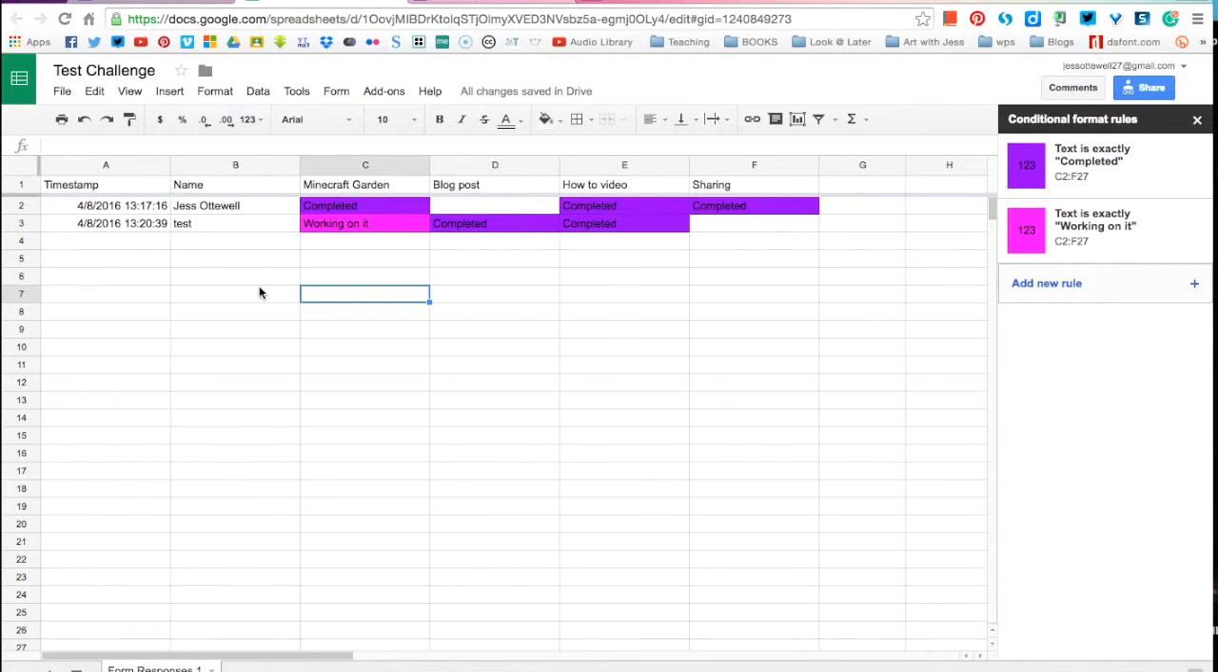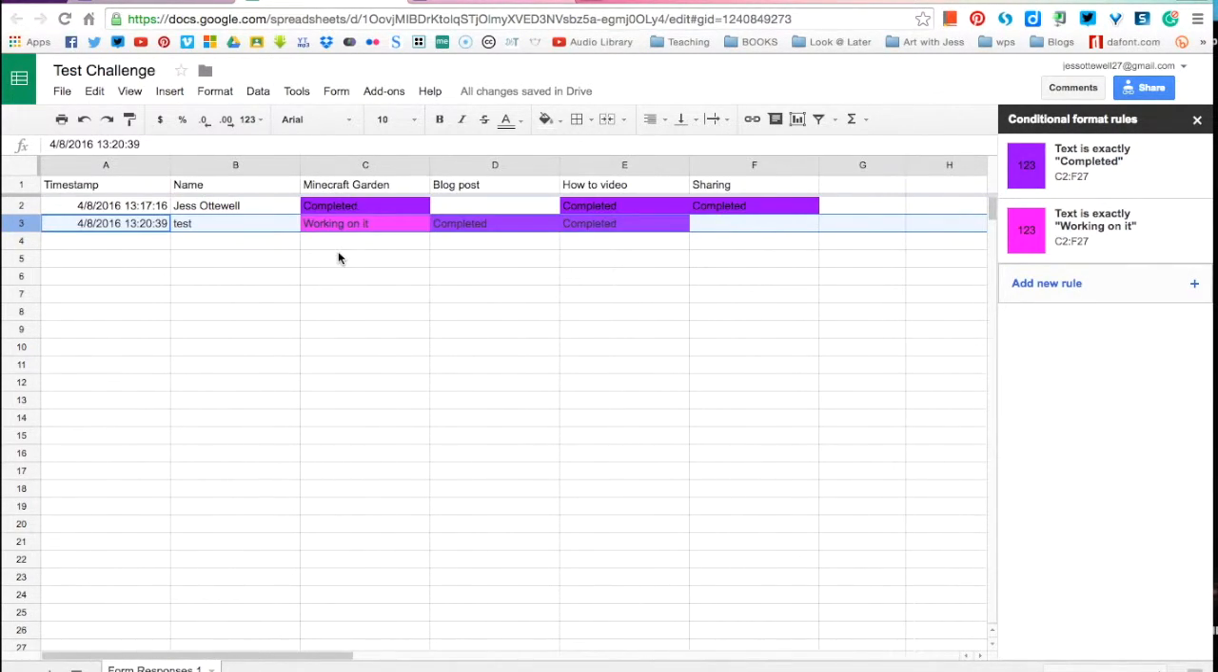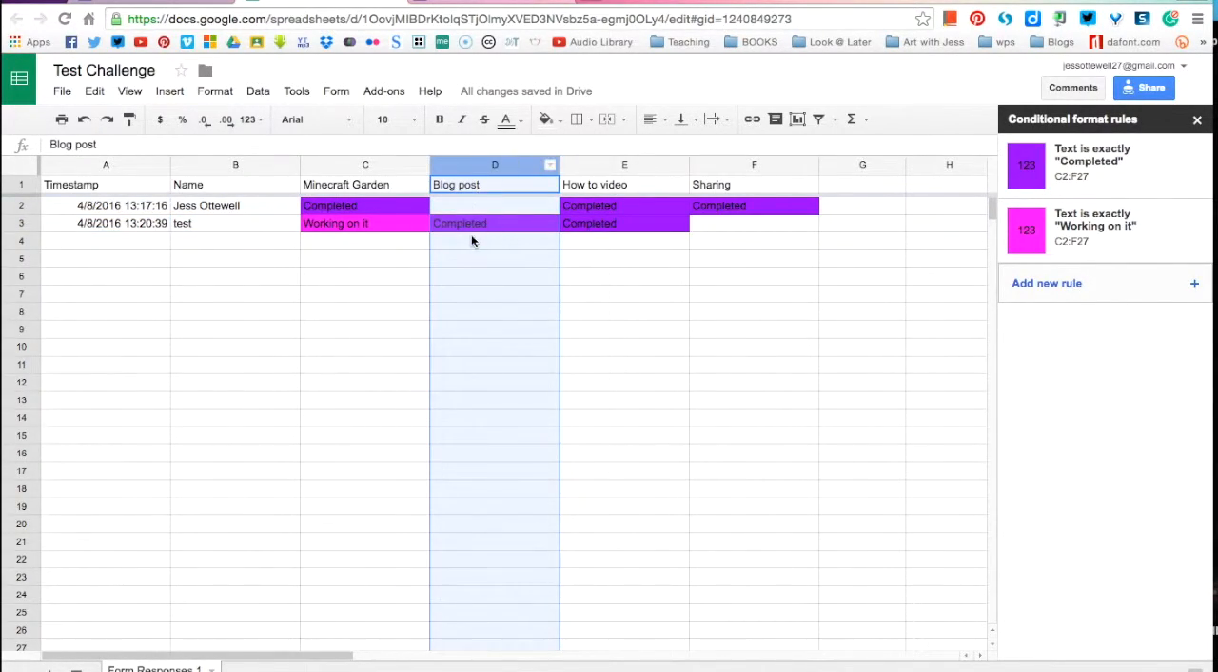You can get a lot of different data. And you can see what the individual student likes. If it's longer, just select whatever their number is, and you can scroll across just so you don't lose it, because eventually you'll have lots of different ones. Or obviously just looking down, you can see how many completed the blog post compared to how many completed the Minecraft garden. And it's really good to have that working on it option in the test,